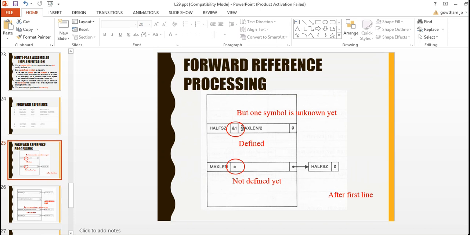Here the undefined symbol is max length, so only one symbol is pending. Max length is marked with star, meaning not yet defined. Max length has half size depending on it; this is the dependency list, a linked list.